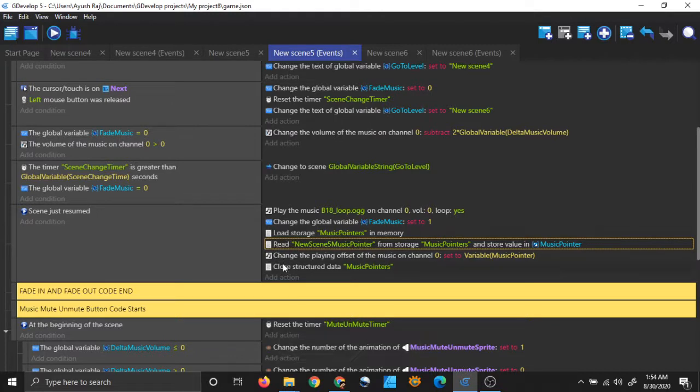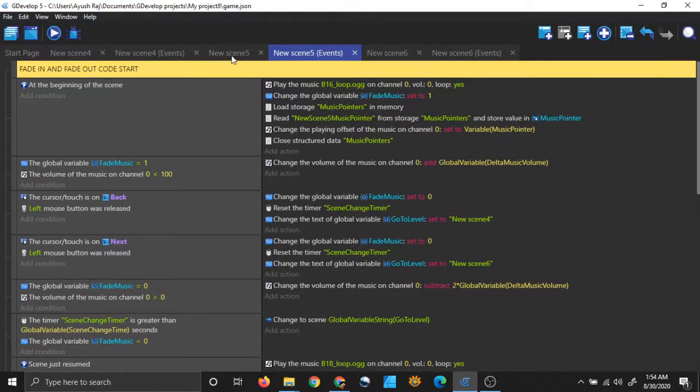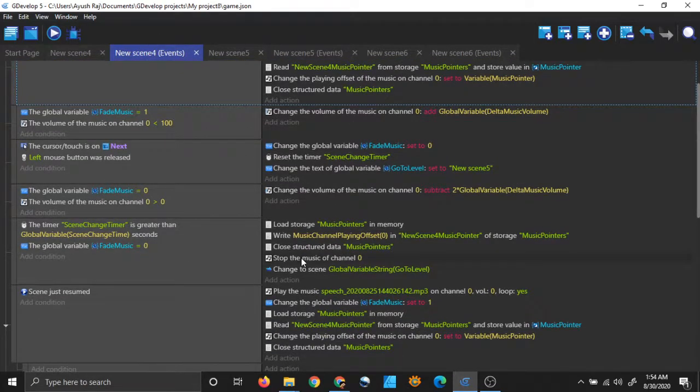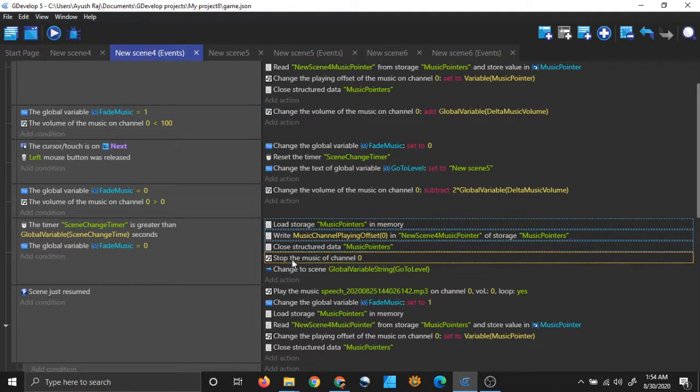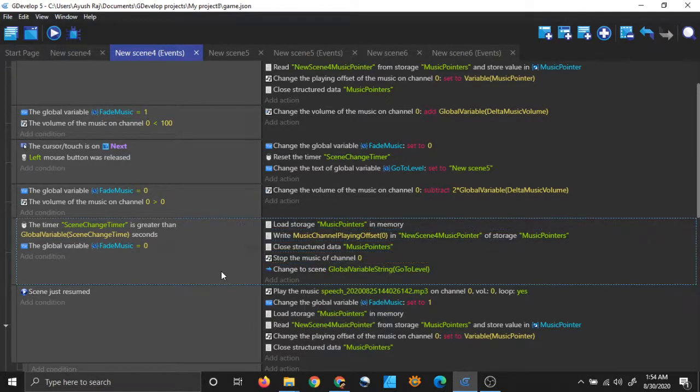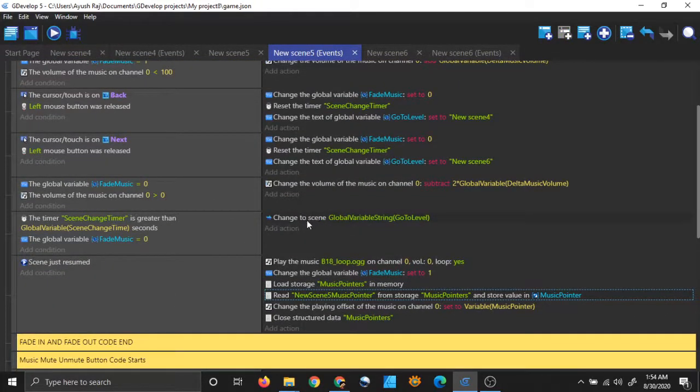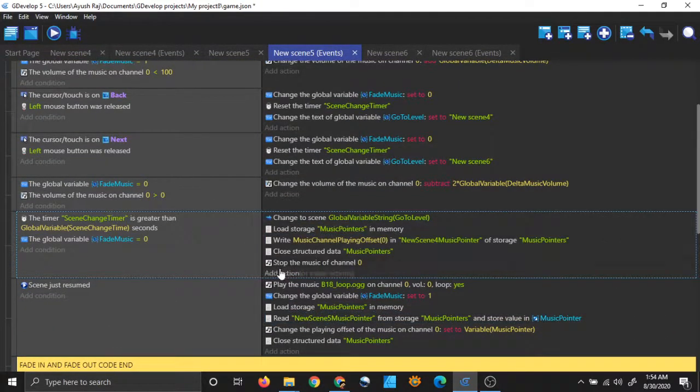Okay. This looks okay. This looks good. No other places. We don't have anything else at another place which we have to change, right? So go back and simply copy the code which precedes the scene changing code. Just copy and go to new scene 5, and where the scene is changing, here just paste the action and